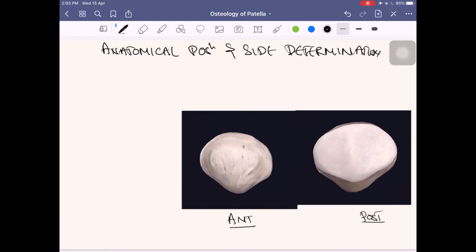Now you have to hold the patella in such a way that the apex should face downward. Apex is facing downward. This is one part, and the second thing is the base. This is the base on the top. Base should face upward,